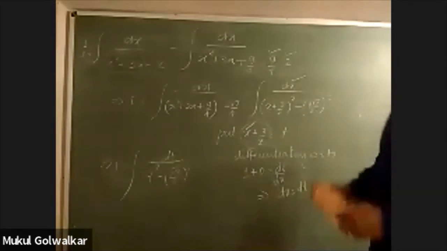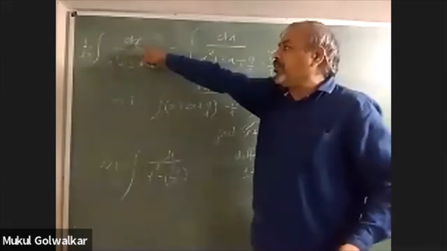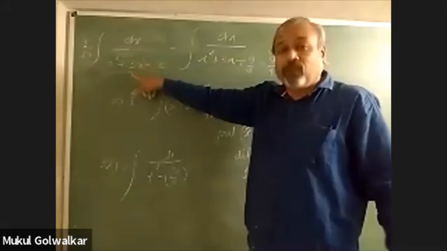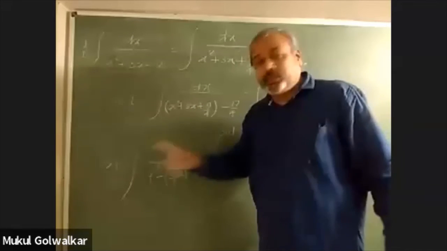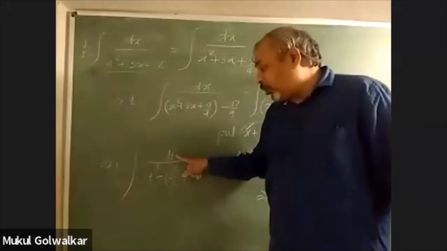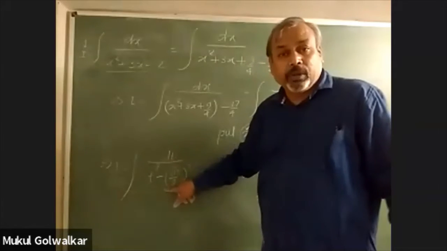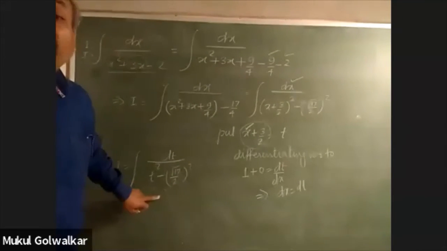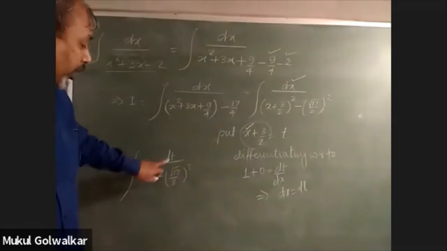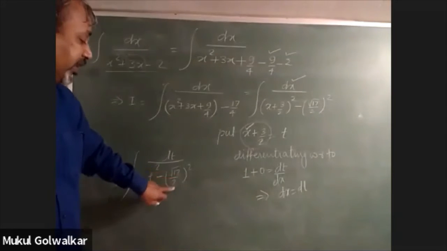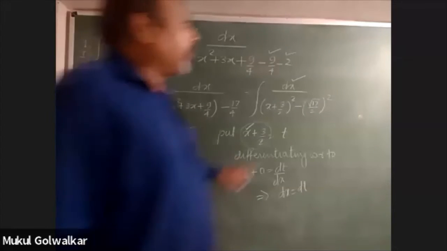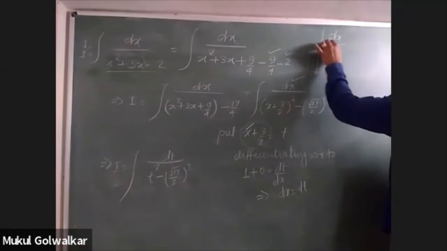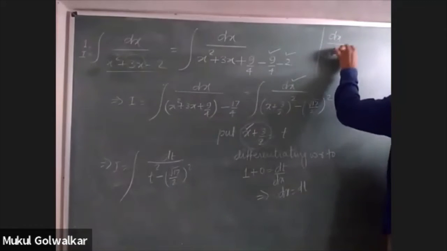Now you notice, dear students, that originally you were given a quadratic in the denominator and you did not have any formula for integration of dx upon a quadratic. But now, the function you have is dx upon a pure quadratic. In the beginning I told you that we have the formula for integration of dx upon a pure quadratic. So which formula can we recall for integration of dt upon t square minus root 17 by 2 whole square? You can always recall the formula: integration of dx upon x square minus a square.